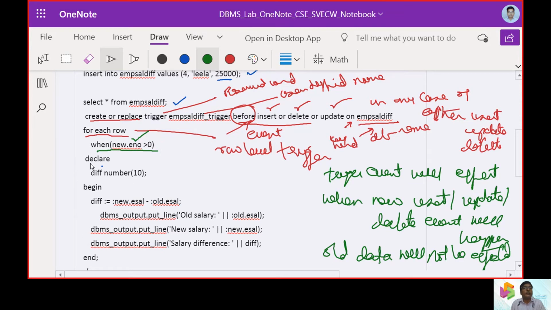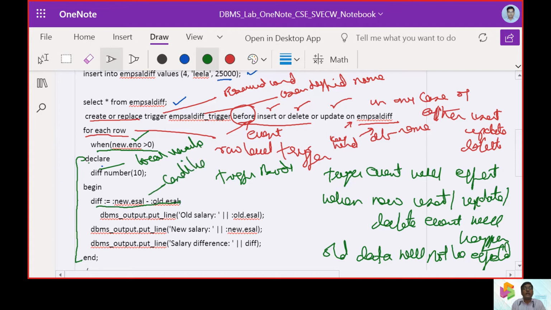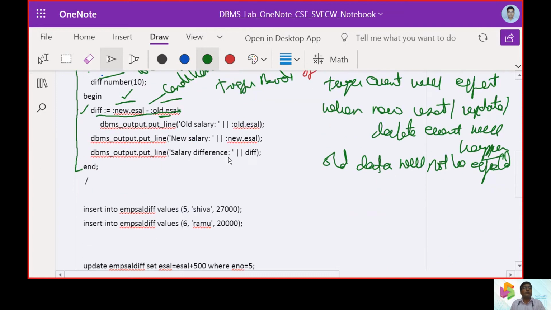Now we need to declare the local variable, right from begin to end. We call it the trigger body, that is from the declare part. And now we say difference, it is going to be the local variable. Now we are going to put up the condition. The difference is going to be between the existing value and the new value. So there we are going to get the logic, that is old sal minus new sal. Thereby we are going to print the command.